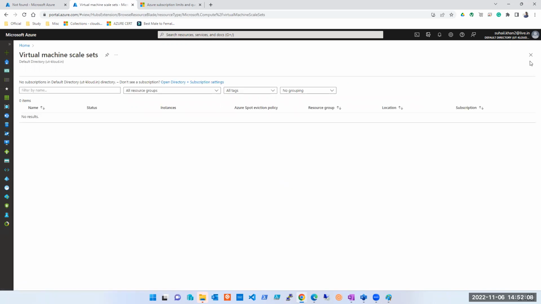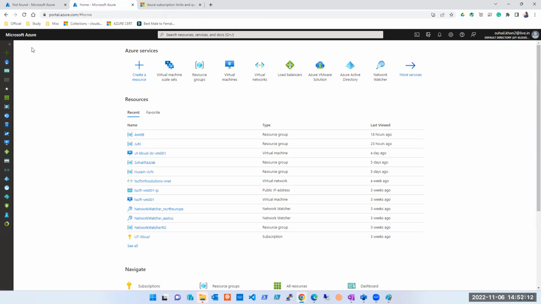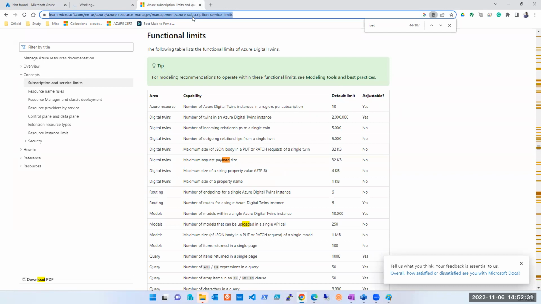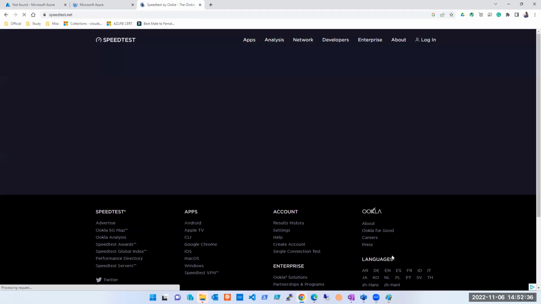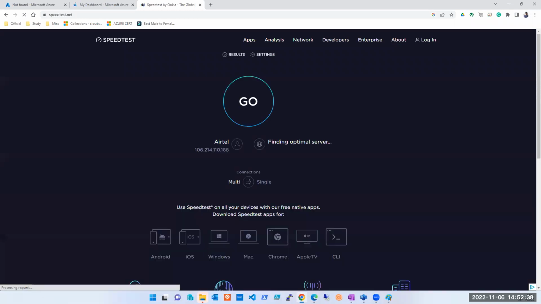Let's see if it gives an option here. It is just searching for virtual machine scale set. I clicked on virtual machine. Let's see. For some reason, the portal is working slow. Let me check if it is my internet speed issue, so I can switch the Wi-Fi if it is.